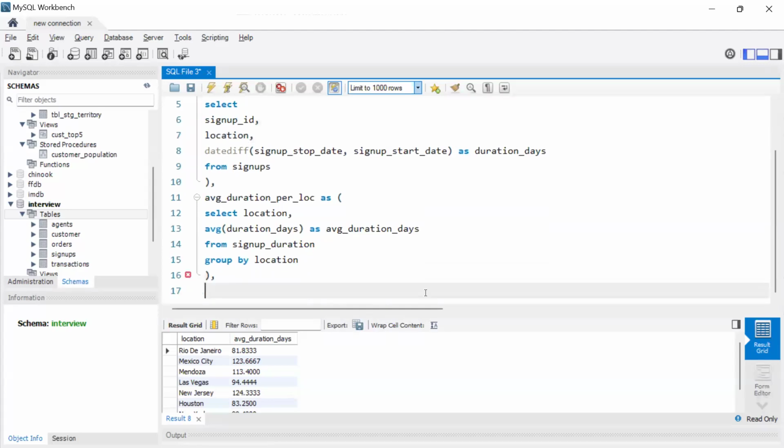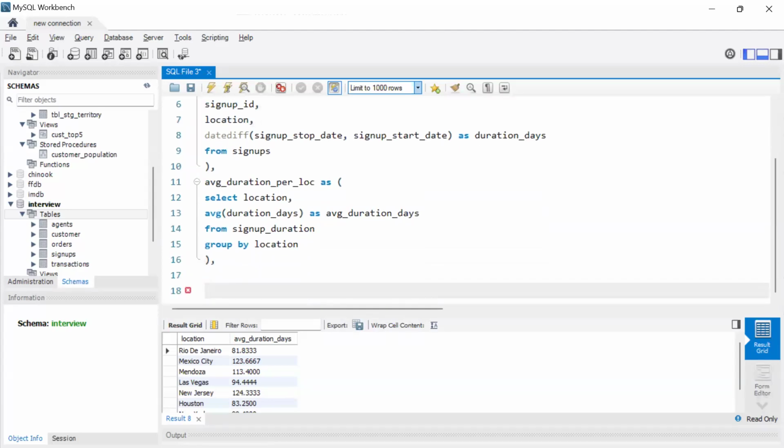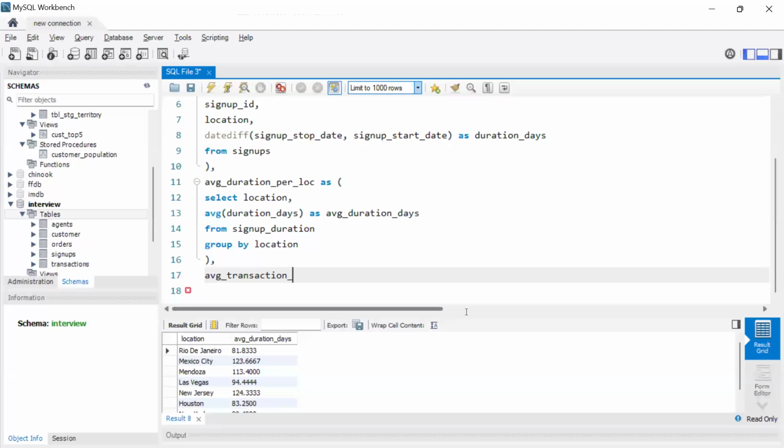Now, once that is done, I will go to the third step where I'll calculate the average transaction amount per location, right? So let's go and do that. So average transaction amount per location, right? So location as